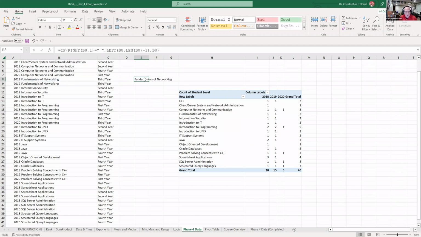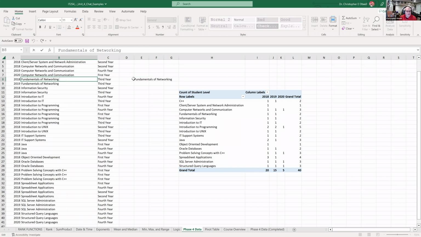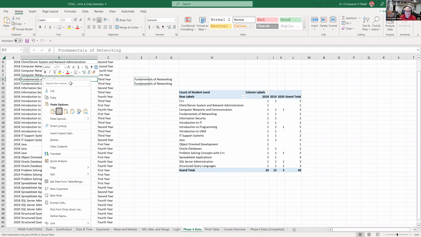When I go to this piece of data, I can copy it, put it back as text values, and I no longer have all the leading spaces that I had before. So there we go. Sometimes you do that more than once if you have a lot of extra spaces. And for that same piece, you could copy and paste like that, and you just